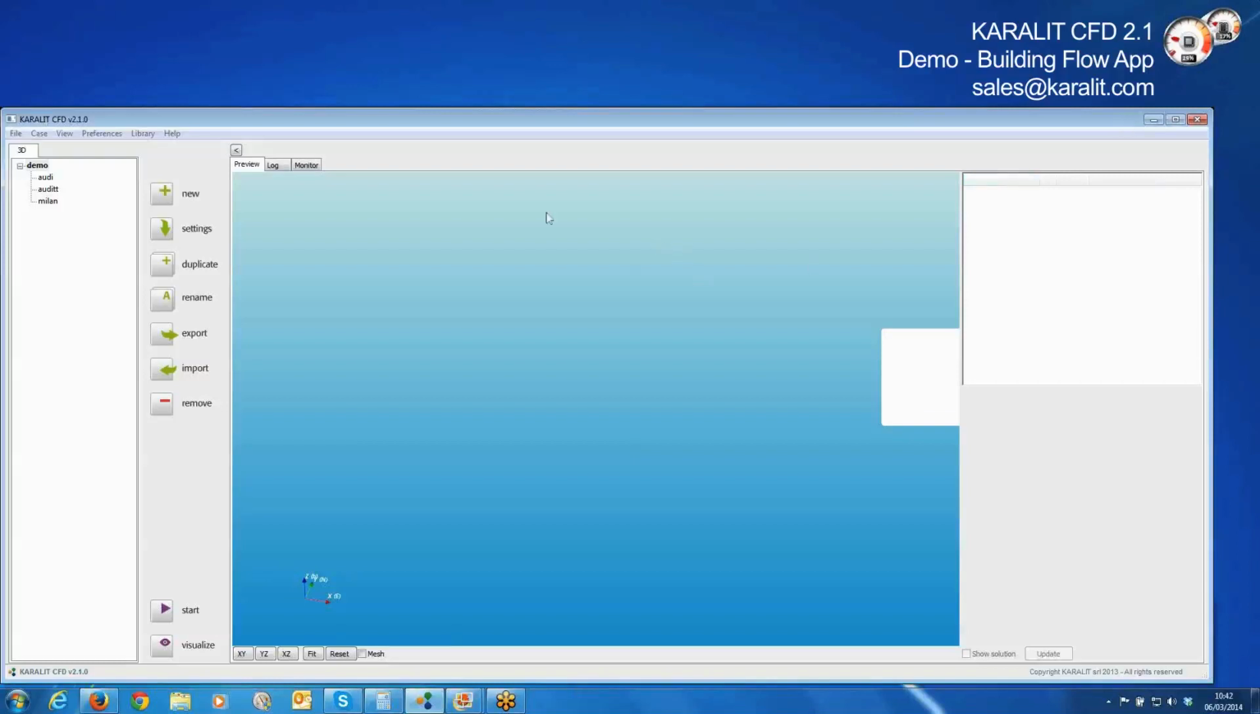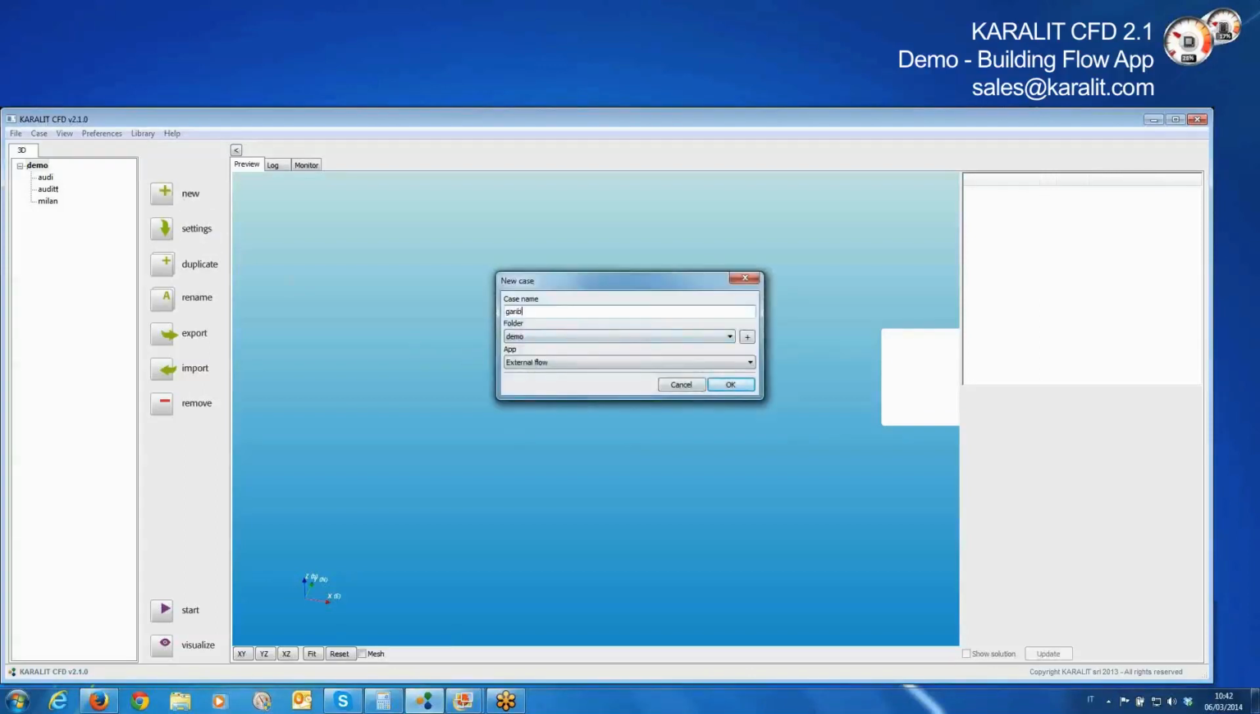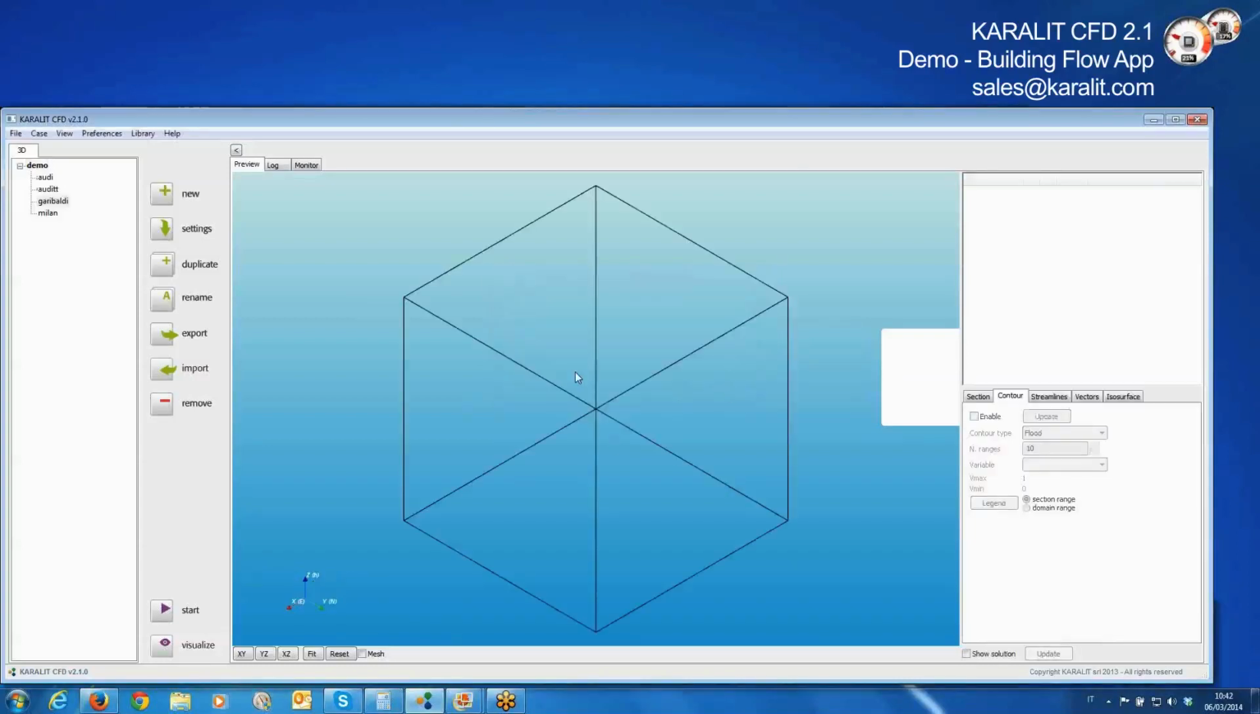So let's start to create a new project on the folder demo that I have created here. And we call it Garibaldi because we are going to use Garibaldi Towers CAD. Let's choose a building flow app among the 6 apps that KARALIT offers today. Once you have created